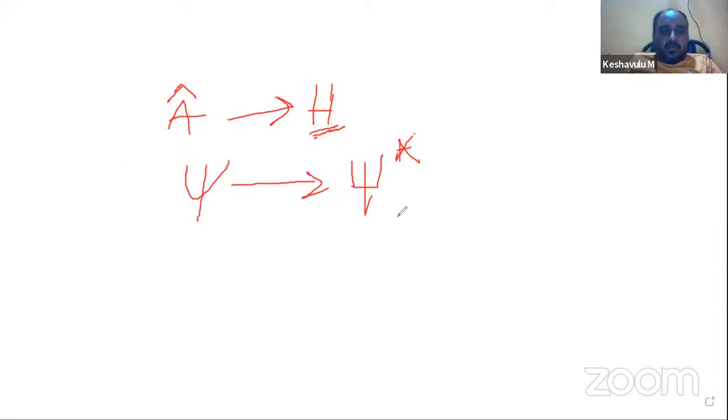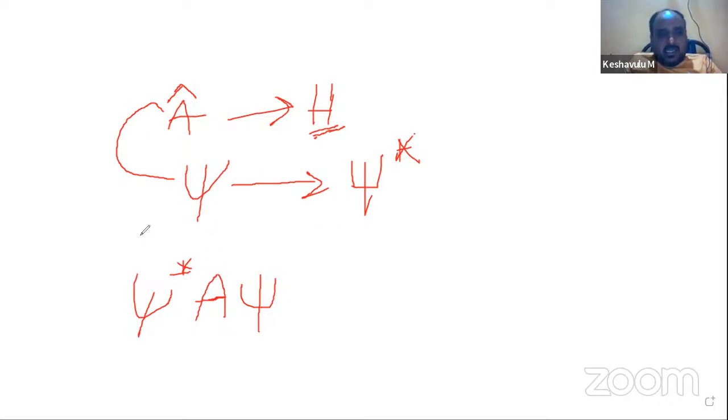First, keep psi star constant. Then the operator A operates on this wave function psi. That means write operator A and the function psi, with psi star kept constant. The operator A operates on psi and we do integration within the limits. What you get as the result should be equal to,